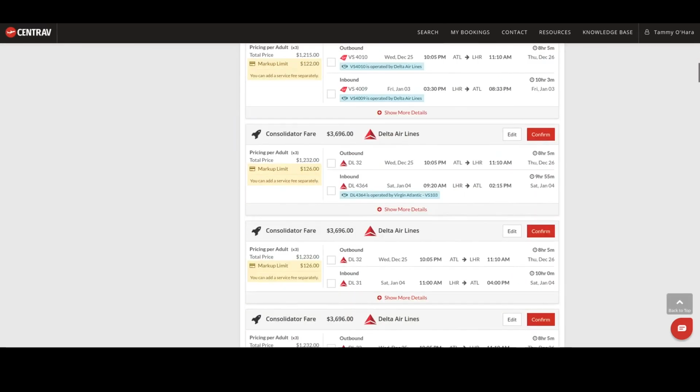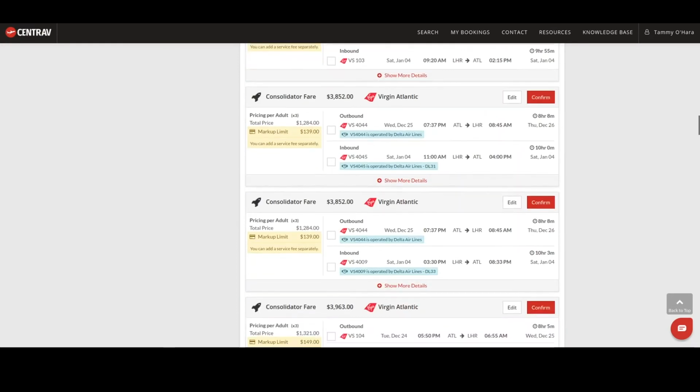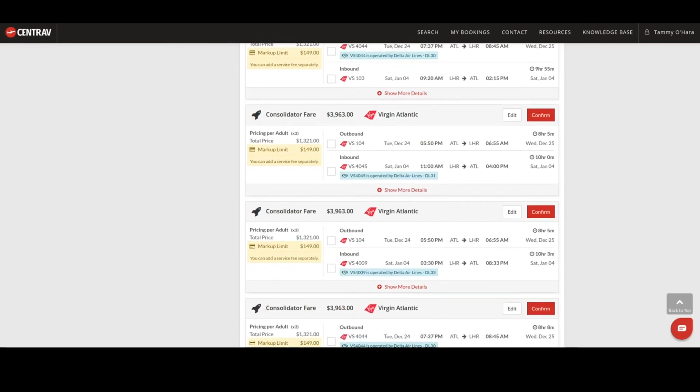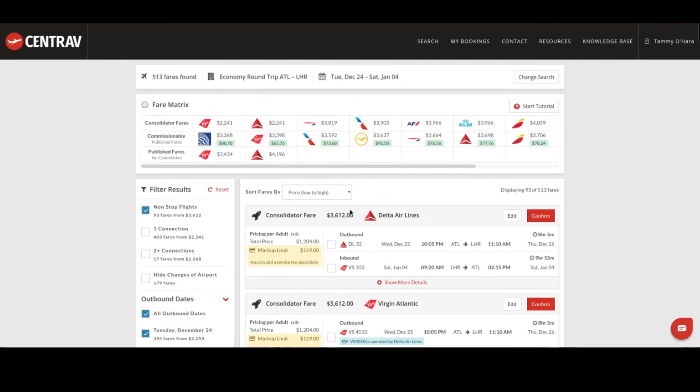So you can come in right under it, and you can envelope that into a package and present the entire package as one price. You'll mark up the $36.12 to, let's say, just $3,900 flat. That's still a $200 and something markup. And you can see the markup limit here is $119, but